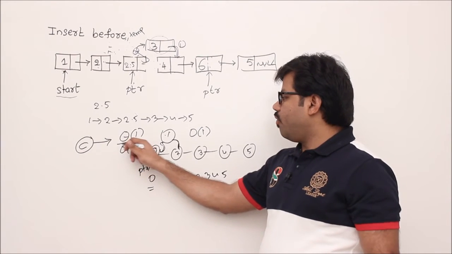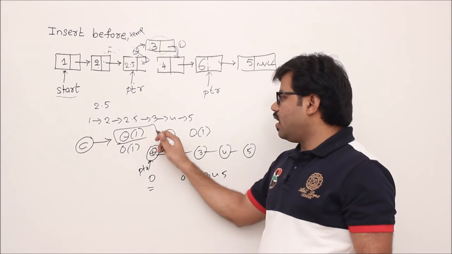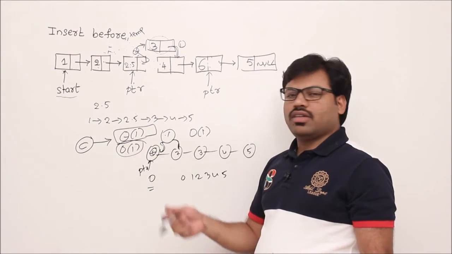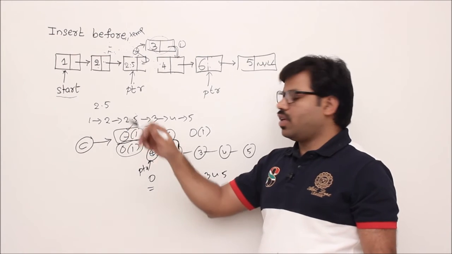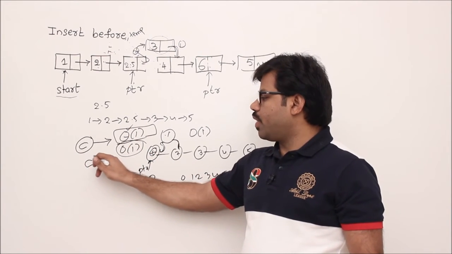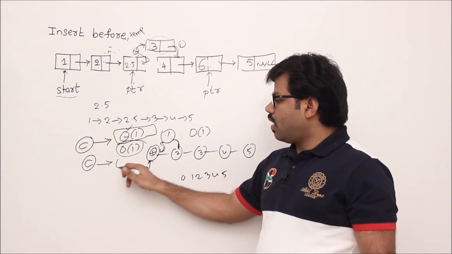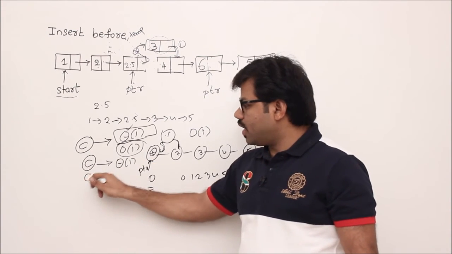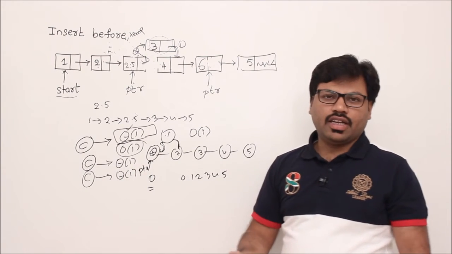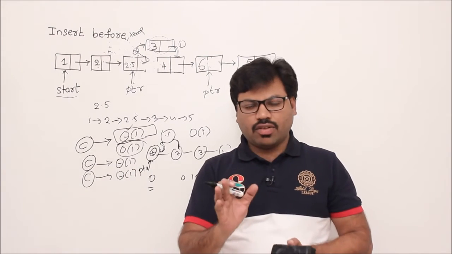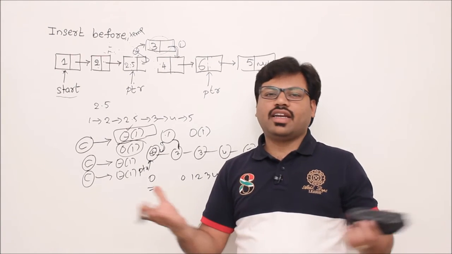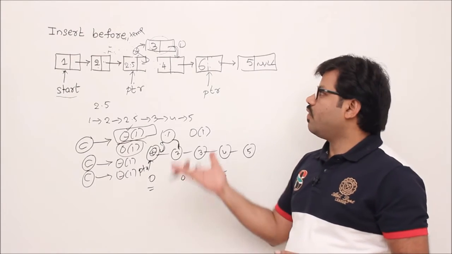But I emphasize that theta of 1 is the right notation. But order of 1 also correct. But strictly speaking, this is sensible. Now, in best case, what is the time complexity? C. Then I can say that theta of 1. In the worst case also, C. That's why I can say theta of 1. So finally, your method's running time is theta of 1. Next, best case running time is theta of 1. Worst case running time is theta of 1. That way we can